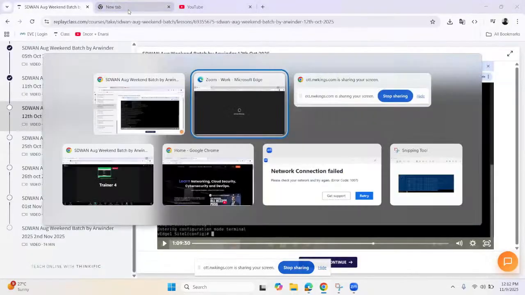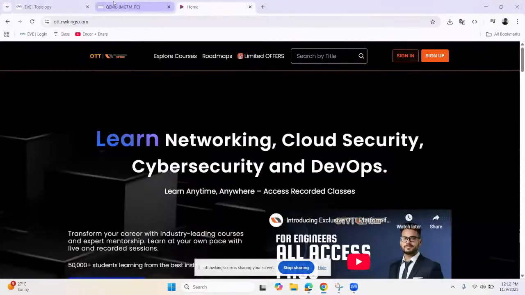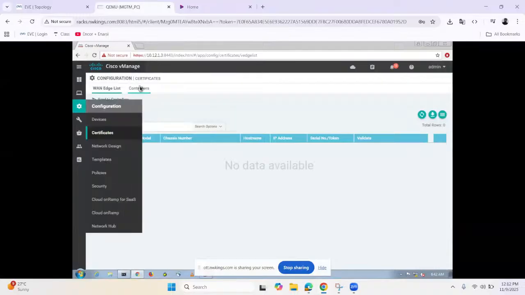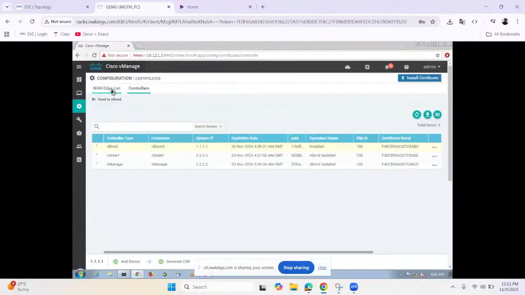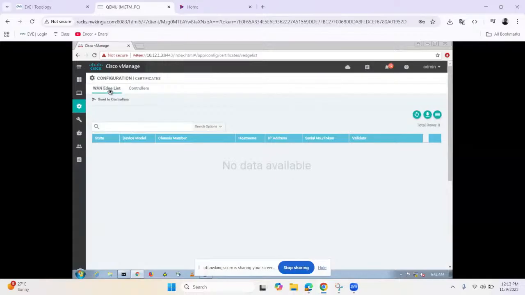Okay. So, ma'am, the controllers are integrated already. For the edge device only, it is not showing here. The chassis number and all, we need to do something, right? By watching your video, I did this, but I'm not sure, it's not integrating. Okay, so what you need to do,